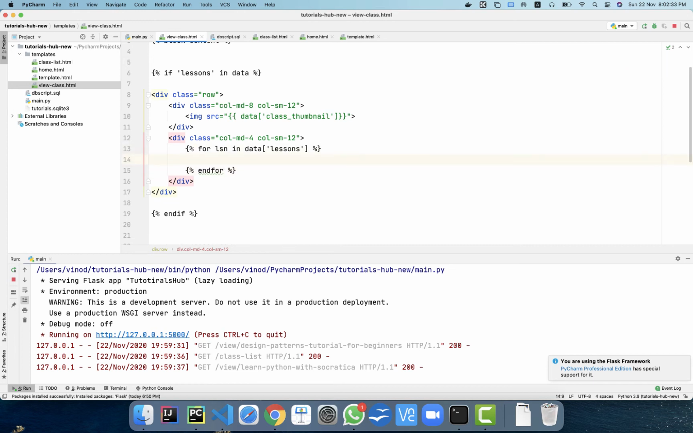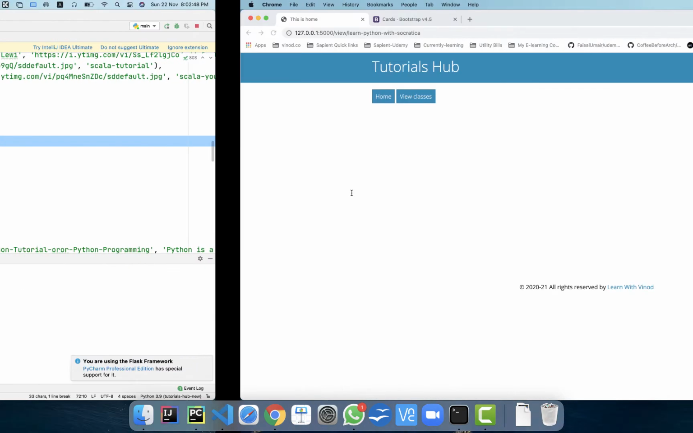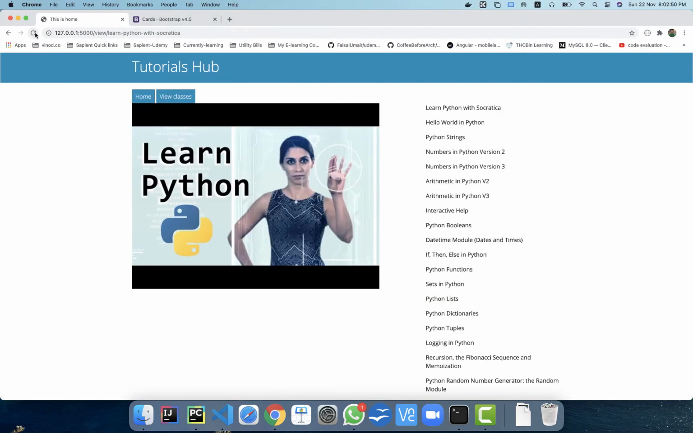Now, let's say, for example, I want to just display using a paragraph. Let's just display LSN of 1. You remember what is LSN of 1? LSN of 1 happens to be the title. That's all, nothing else. So if I refresh over here and then go back and reload, you can see